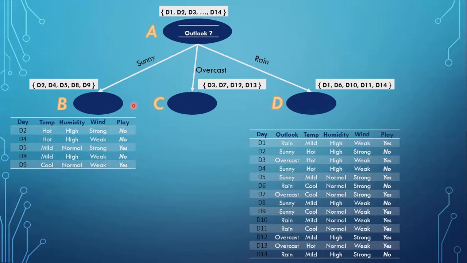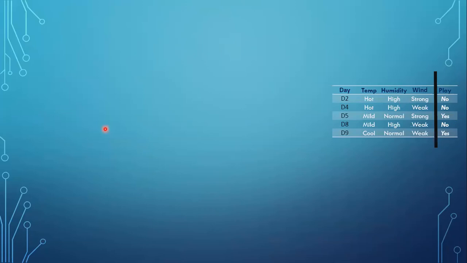Now taking this data set into consideration, we will calculate the entropy and information gain of these columns. As you can see, we have dropped the outlook because that feature is already used. We cannot use that feature again, so we have to use only unused features for further division. First we calculate the entropy of our data set. We have a total of 2 positive and 3 negative examples, so the entropy will be equal to 0.971.